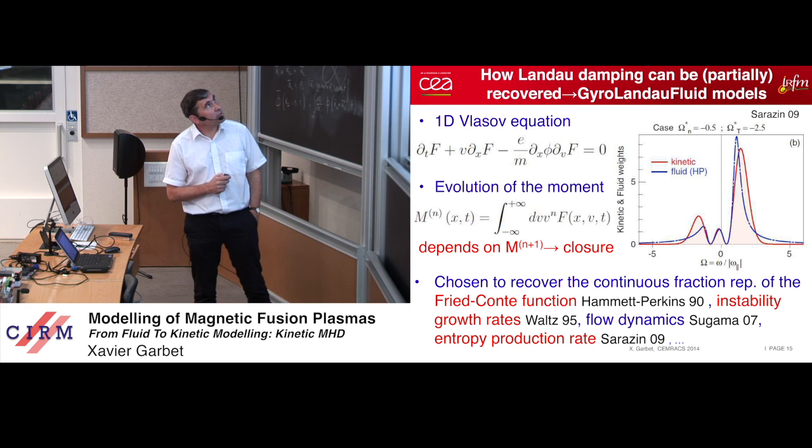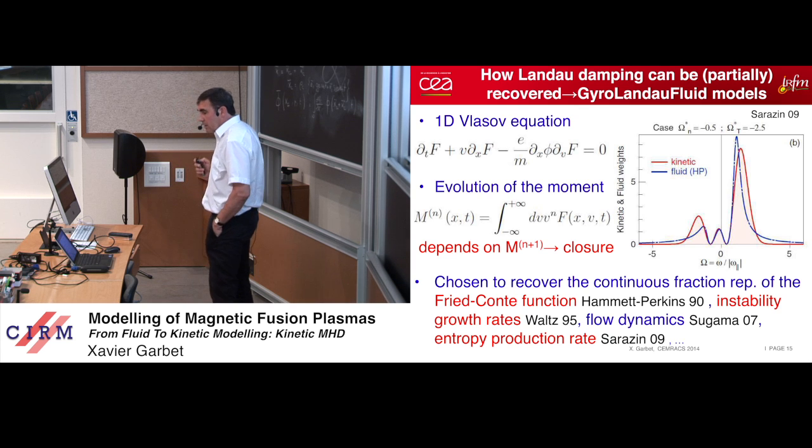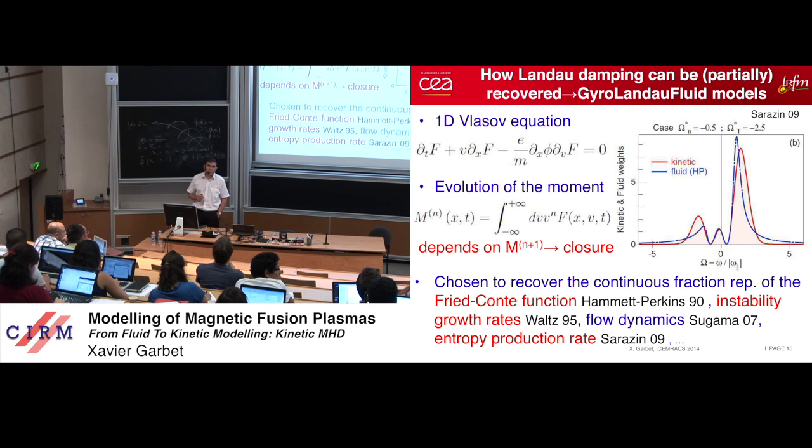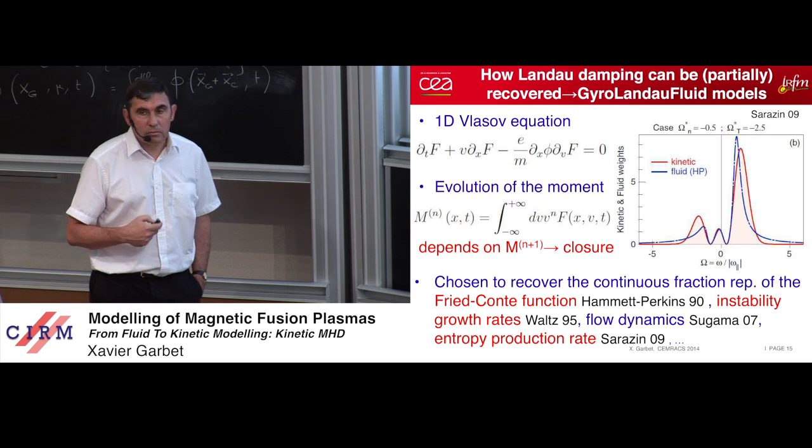V is the particle velocity, and this is the electric potential, right? So very simple thing. And you know the linear solution of that, right? Which is the plasma dispersion relation, which was actually showed by Eric Sonnendrücker yesterday as well. Now you can do another exercise, which is to take the n moments of these equations, which are those moments here,